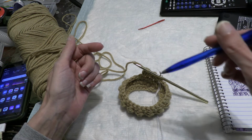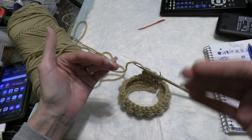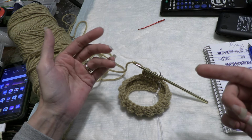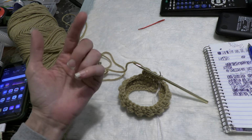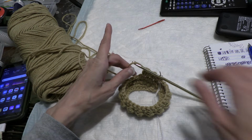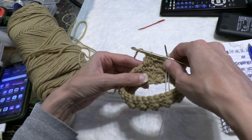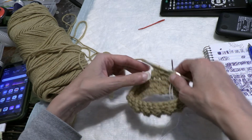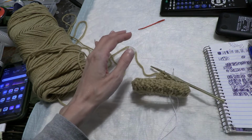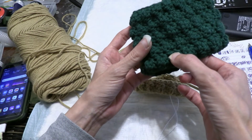We're on the puff stitch row, so next will be single, and then single puff, single, single puff, for a total of 11 rounds. So if you remember, 1 was single, 2 is the one with the puff. So you go all the way around, and if you lose count or forget to mark anything off, just remember